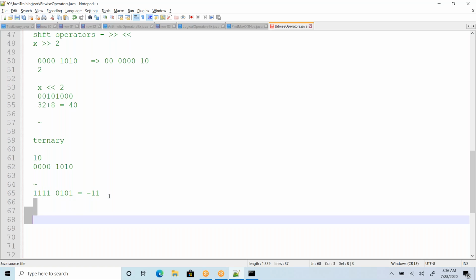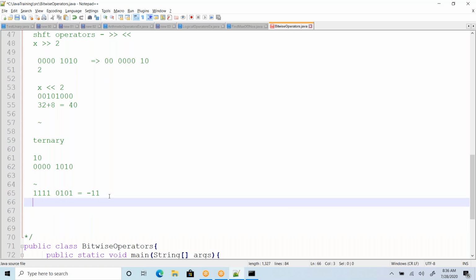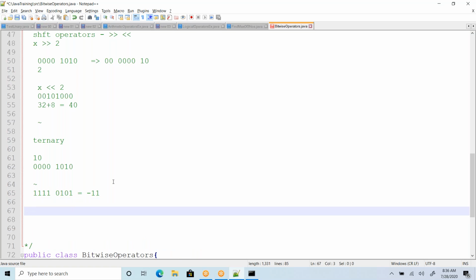I don't want to confuse you. If you are familiar, that's okay, we can discuss, otherwise we can ignore. Anyhow, this is the 2's complement of the number 11.